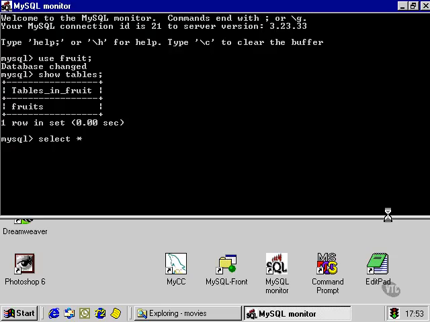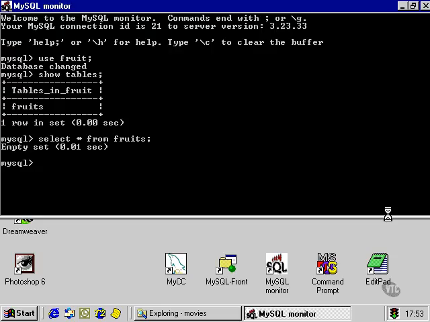We can use an asterisk if we want to view all the columns from the table. Then we specify from and then the table name, in this case fruits, followed by a semicolon. As we can see, empty set,